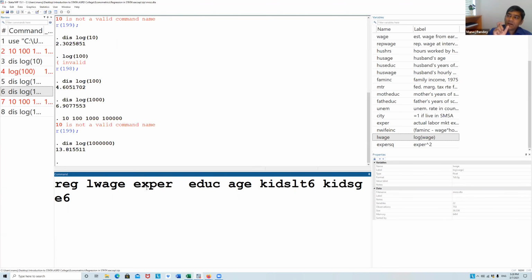But then when it comes to experience, there is generally a quadratic relationship, where as your experience increases, your wage increases, but after a few years of experience, your wage does not increase at the same rate as it used to.